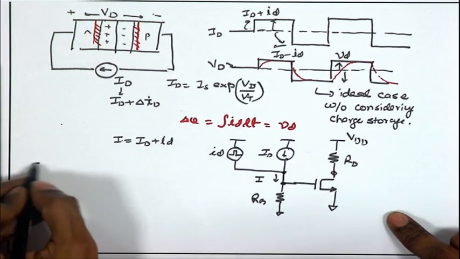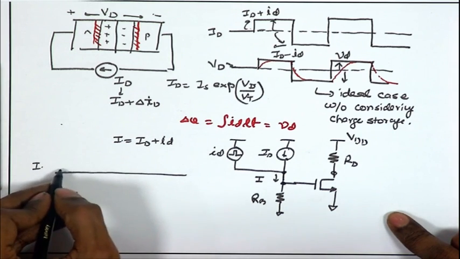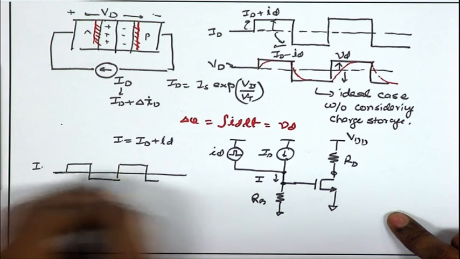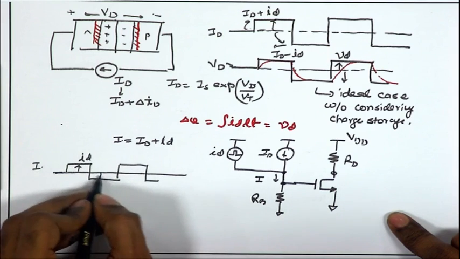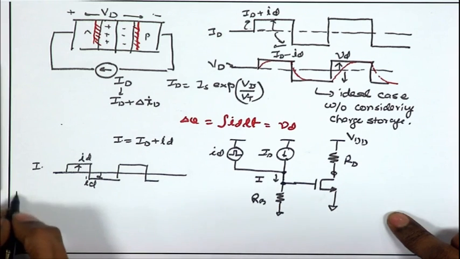So, in total current I, if I plot, as compared to this I am putting it up and down by small I d. Ideal, if I ignore charge storage mechanism,